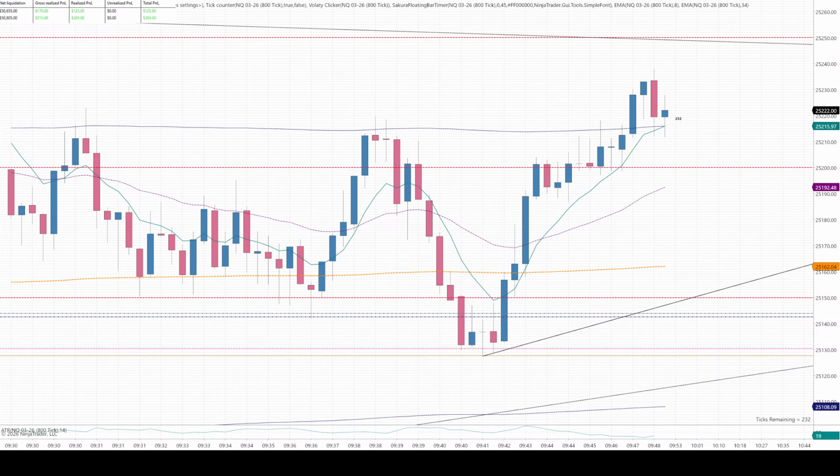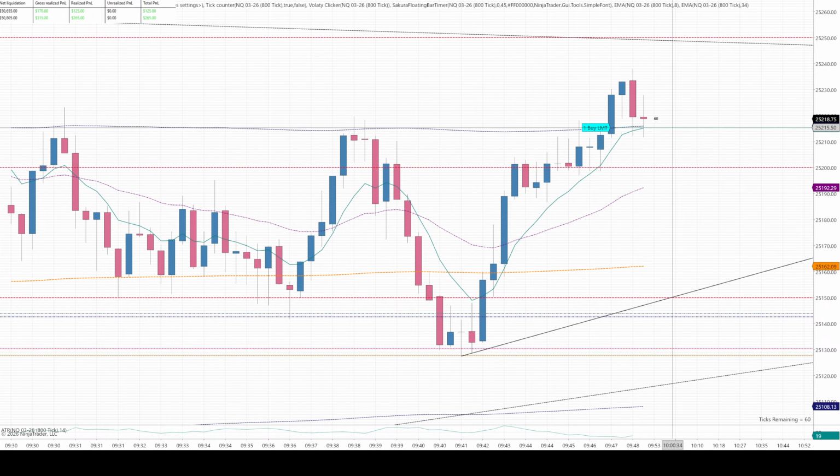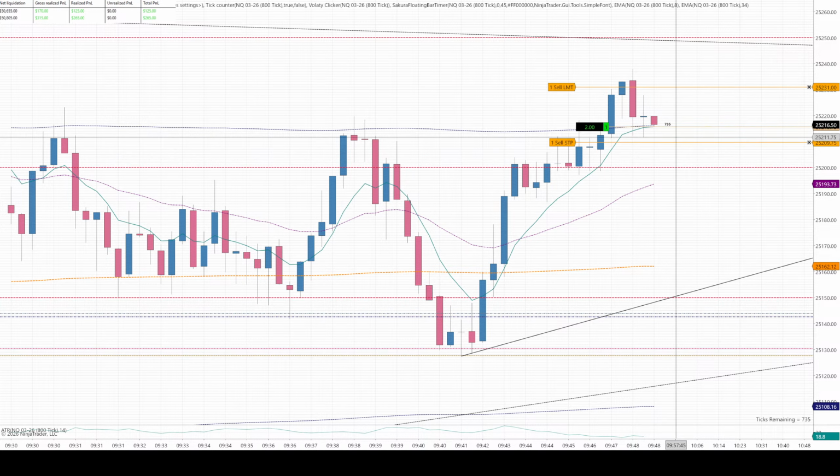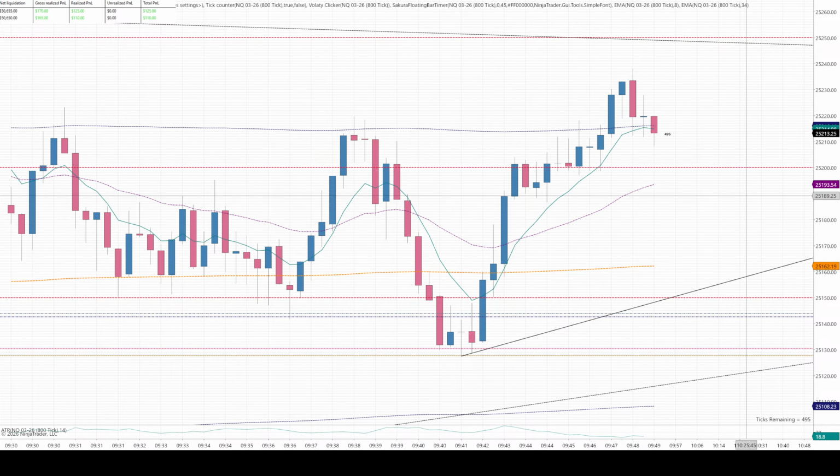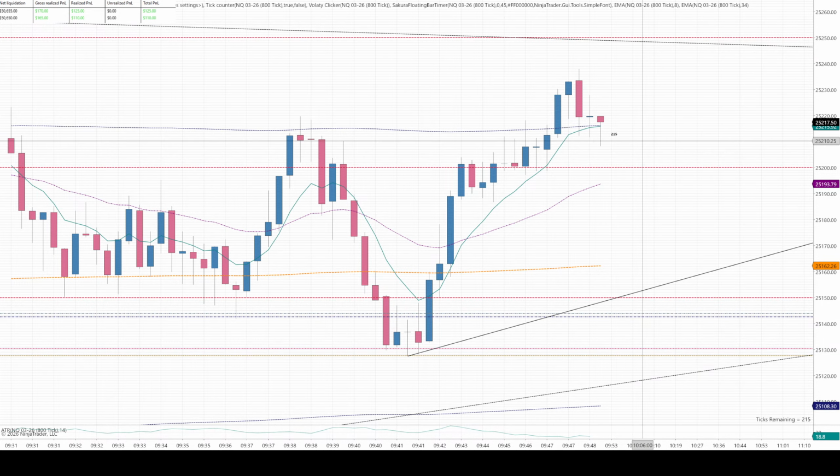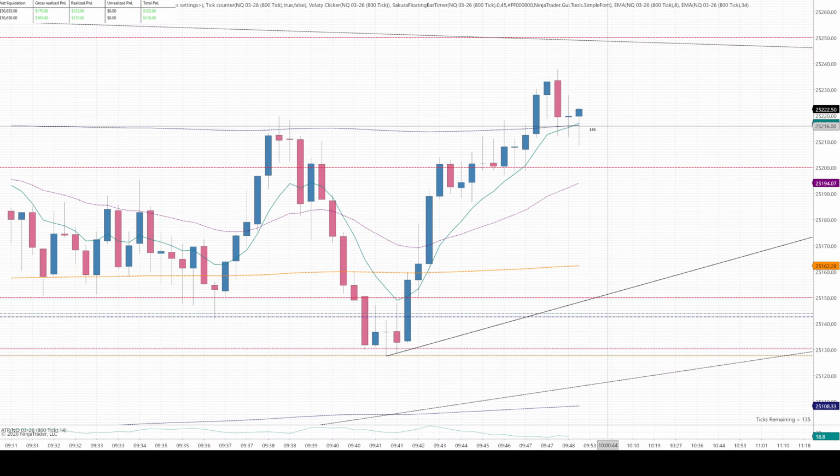Alright, I think I got like 6 points on that one. I'm not gonna, maybe I retest it. We'll see how this candle closes. Yeah, we'll retest it. Alright, automatic stop loss. So that stinks. Probably going to try it again. We'll see if we can get a close above it. We did not.